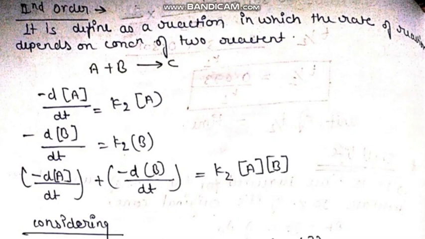If it depends on only a single reactant, then it is first order reaction, and if it does not depend on the concentration of any of the reactants, then it will be a zero order reaction. For example, here two reactants have been used, A and B, and they convert into the product C. So when it comes to showing how the drug is degraded with respect to reactant A, it is shown as minus dA with respect to time dt is equal to K2 into A.